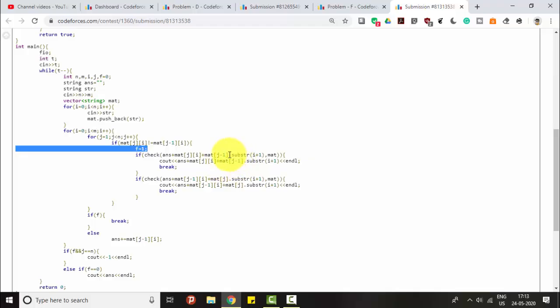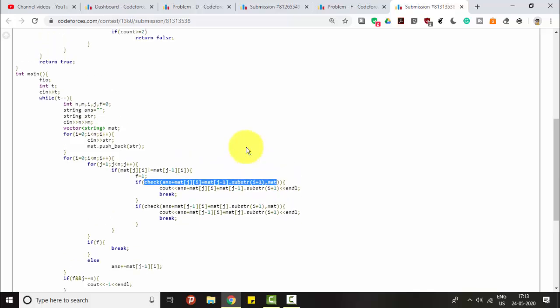Removing this element, the substring from i plus 1 to the end would be checked. I'll pass it into the function check, where it will match if all the strings with the same column are equal to this one.